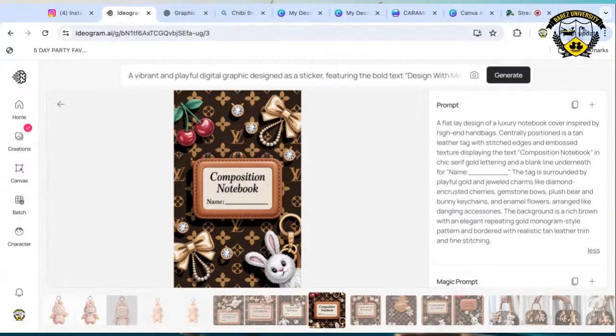And enamel flowers arranged like dangling accessories. The background is a rich brown with an elegant repeating gold monogram style pattern and bordered with realistic tan trim and fine stitching. So this is what I wanted to create for the bag. So you can use ChatGPT to help you. Right. So these are a few that we created for the